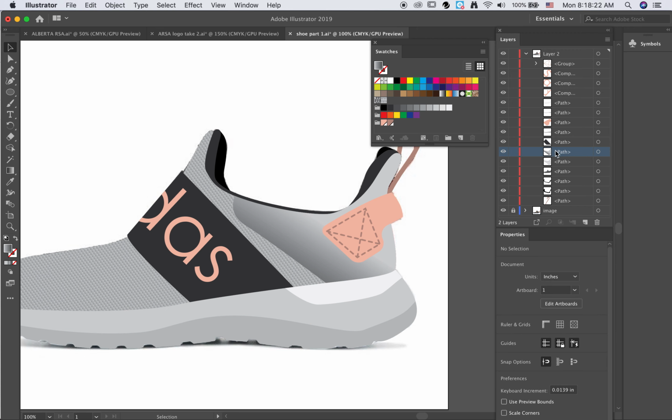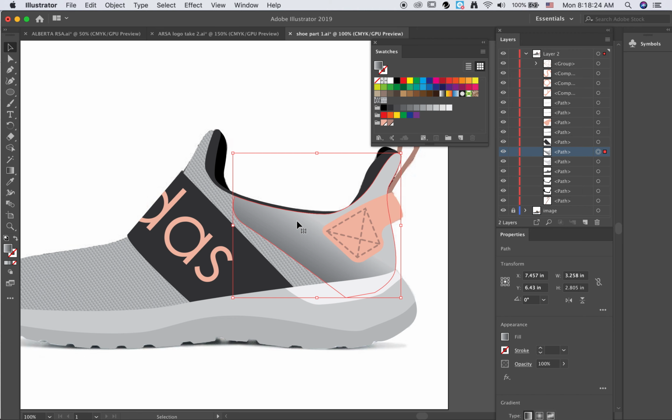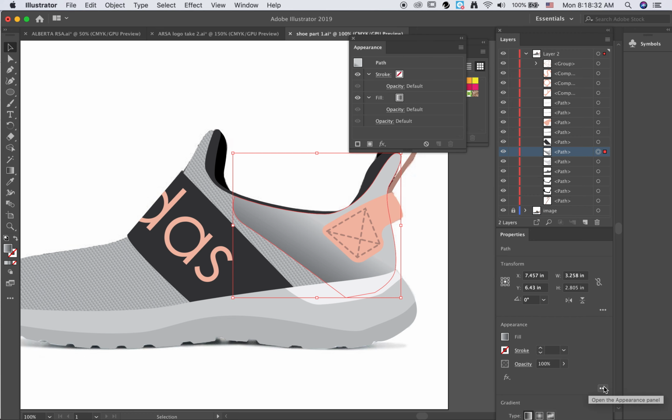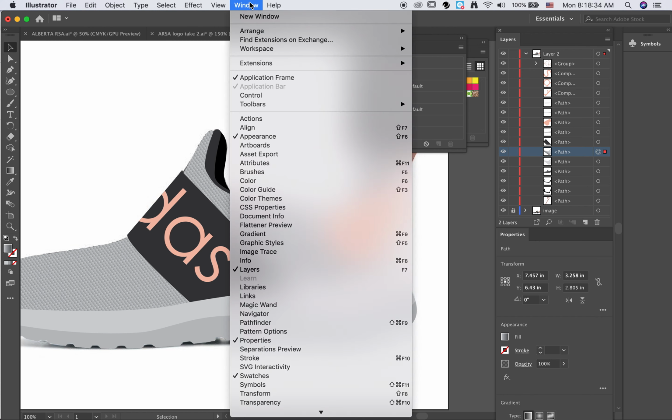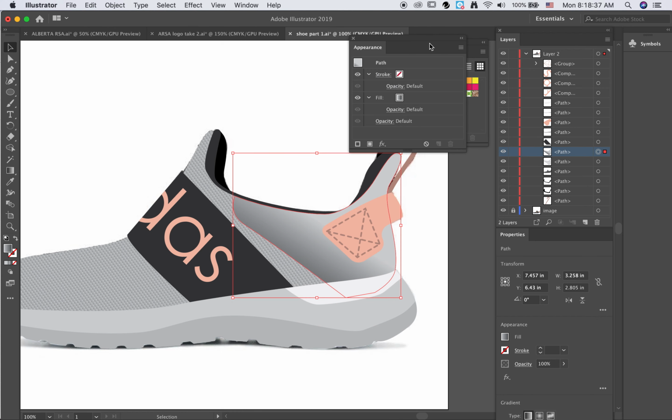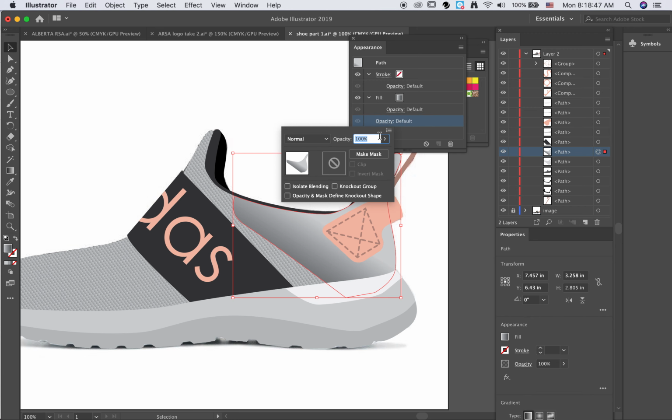Now what I need to do is lower the opacity of this shape. So I could do it here, but what I'd like you to do is actually open up your appearance panel. Okay, so by clicking here, open the appearance panel or Window, Appearance. Okay, bring this guy up. This is just a neat thing to have open because it's going to log all of your different adjustments that you're making. I'm going to click opacity and I can turn that guy down and you can see